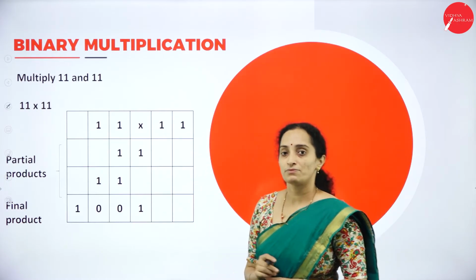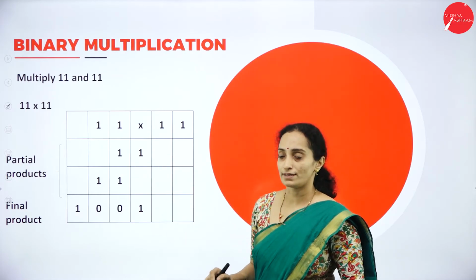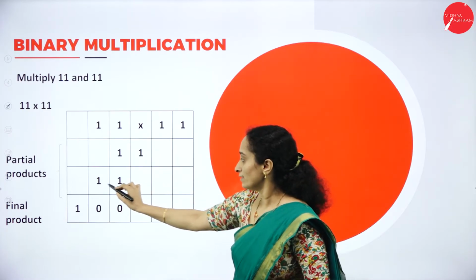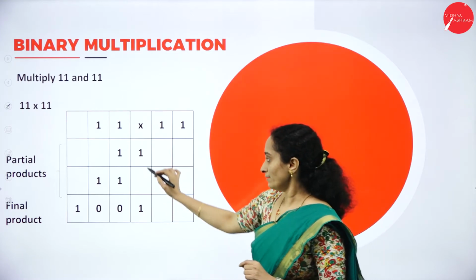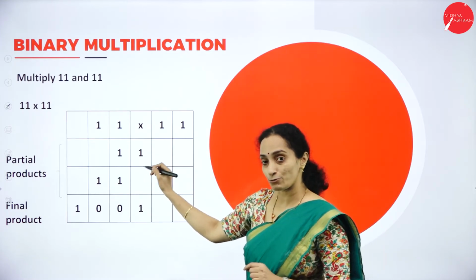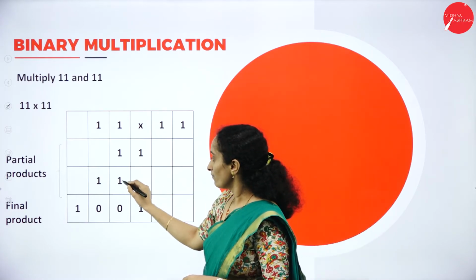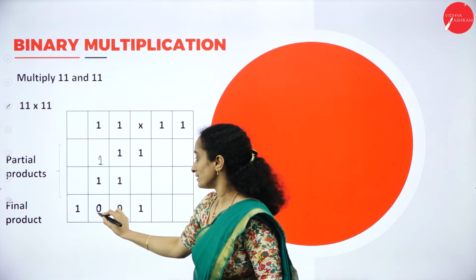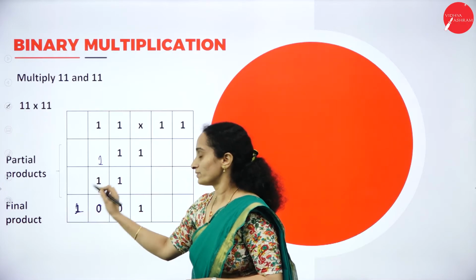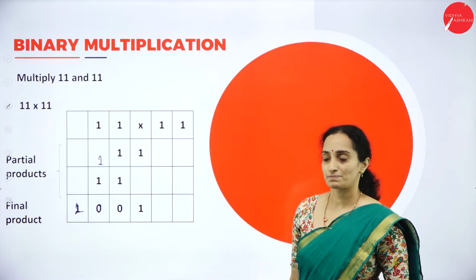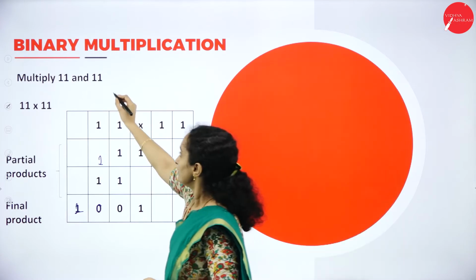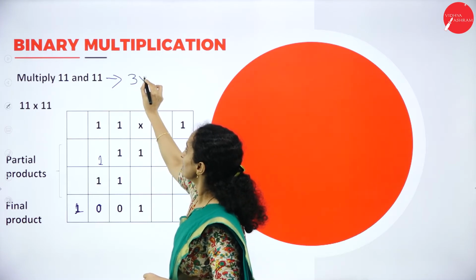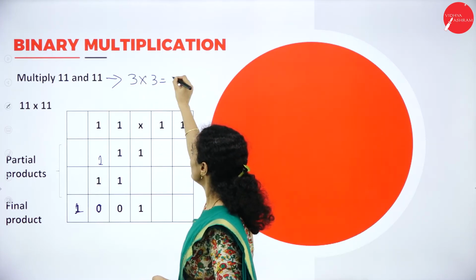When you multiply this with 1, we will get a partial product of 1, 1. And when we multiply 1, 1 with another 1, we will get again another 1, 1, which is the result. Now, we have to perform the addition. 1 is 1, 1 plus 1 is 0, we will be having a carry of 1. Again 1 plus 1 is 0, 1 is carry, which will be displayed here. Okay. If you check the values, 1 1 is 3. 3 into 3 results in 9.